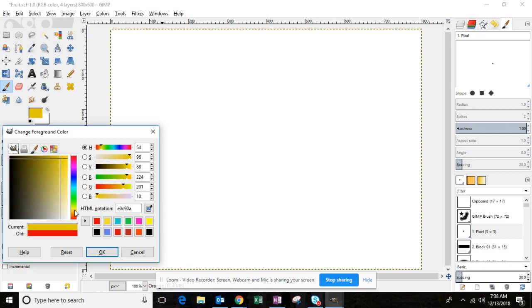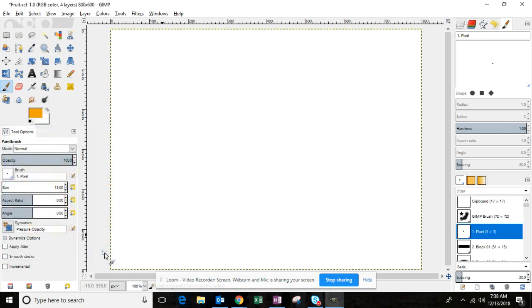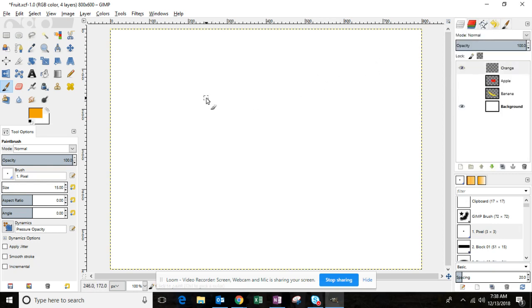Here, we're going to continue drawing our fruit. You want your brush size to be a good size to draw, and you're going to draw the outline of an orange. Remember, it does not matter where you are on the canvas, because you are going to move these objects around later. The only thing you need to make sure is that your lines are connected,